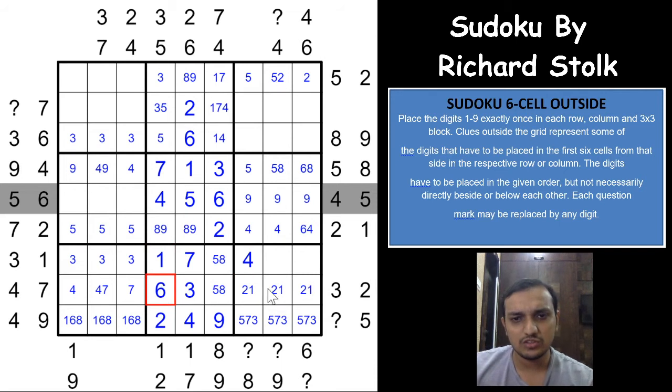So 6 cannot be here, so 6 would have to be in one of these 2 cells. And of course, because of the 6 here, 6 is in one of these 2 cells, and 6 cannot be here, so this becomes a 6 now, and this cell would have to be 8 and 9 now. Okay,